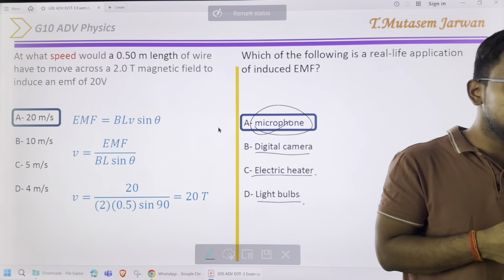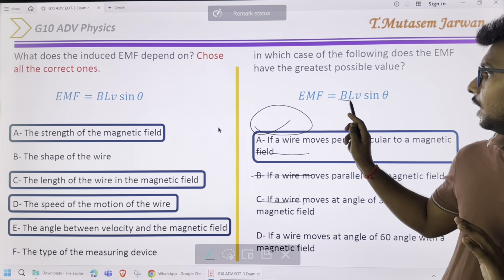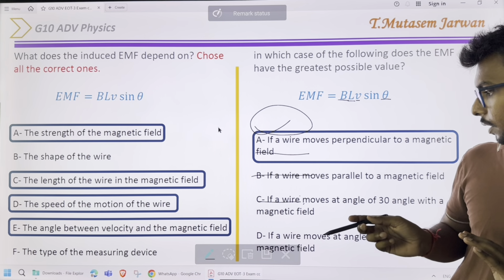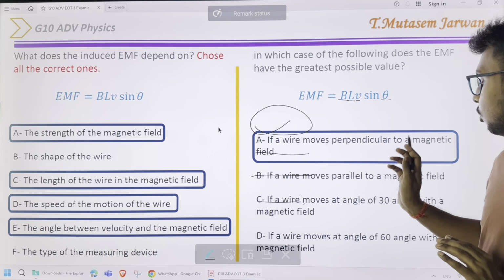We have discussed the functioning of the microphone in the class. What does the induced EMF depend on? Choose all the correct ones. All the things like magnetic field, length, velocity, angle. So if a wire moves perpendicular to a magnetic field,